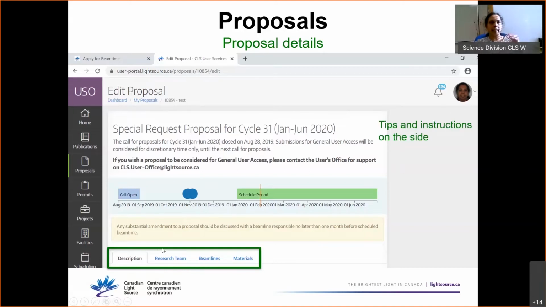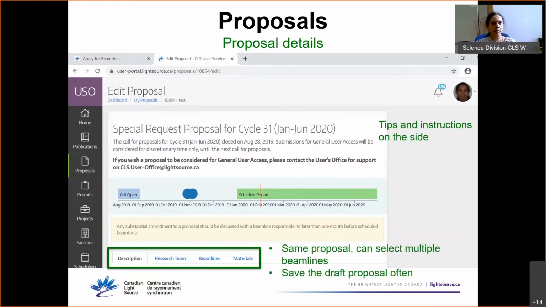If you click title, it will tell you what you should do in the title, abstract, description, things like that. So there are lots of instructions that come on the side in addition to what I am saying. That is pretty handy. At the same time, you may have a scientific question that can be solved using 2 beamlines.